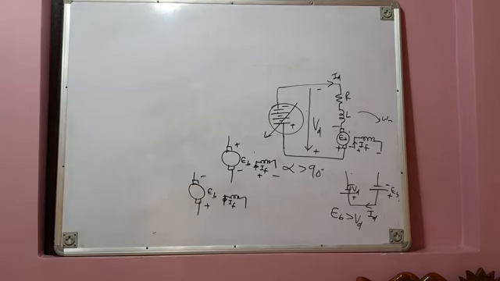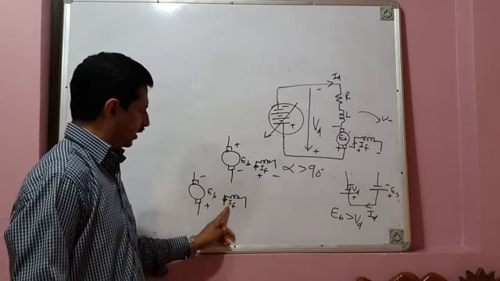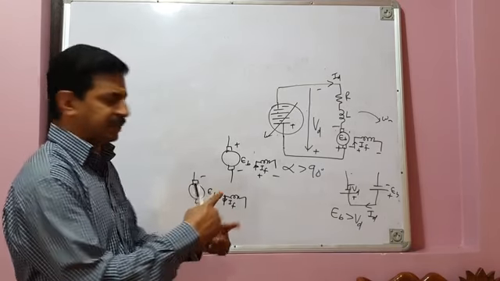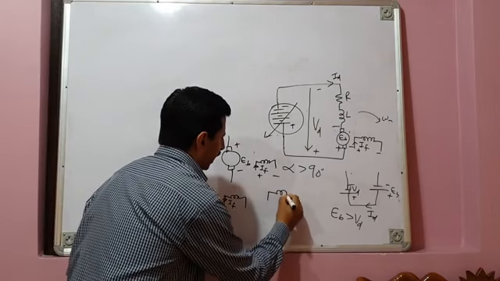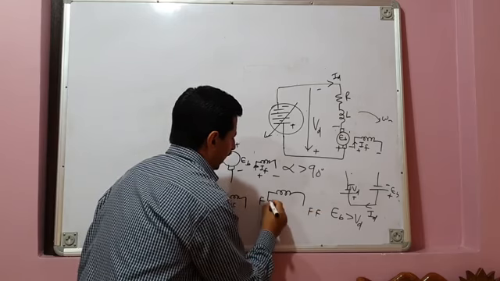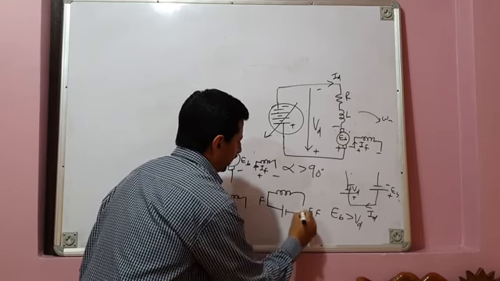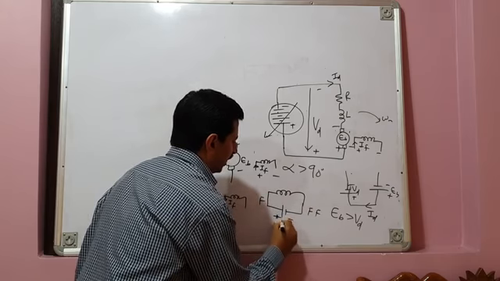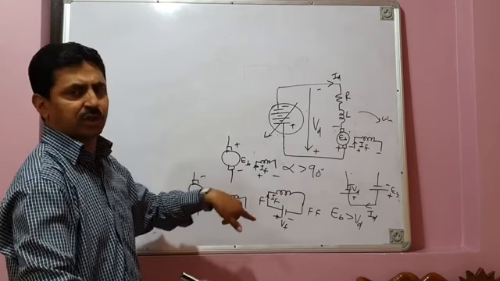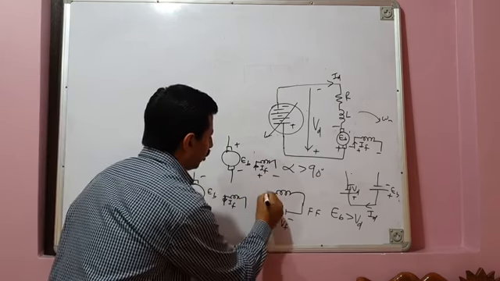Now the question is, how can we reverse that direction of field current? That is possible only if you interchange the field terminals. For example, say your field terminals are F and FF, and the field is excited by a DC source. This is field voltage VF, and current is flowing like this. Now I want to reverse the direction of current. I want current to flow in this direction.